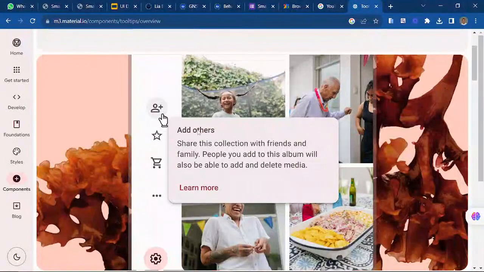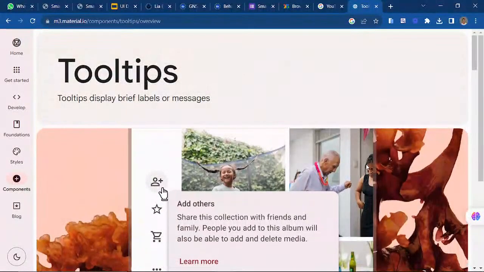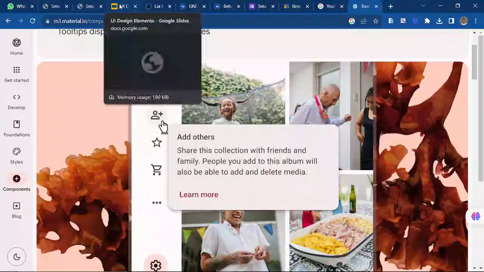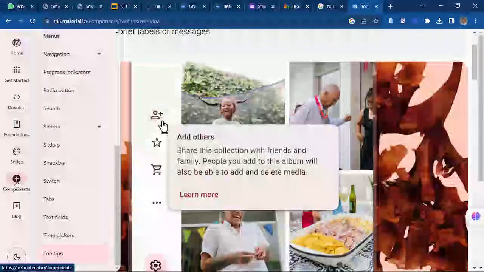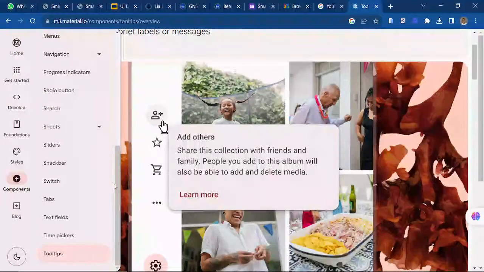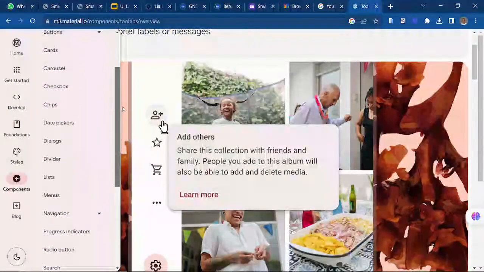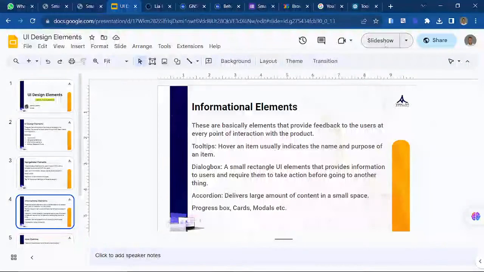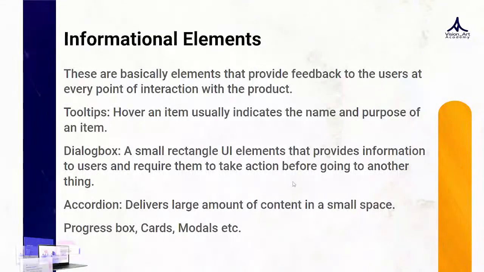So these are elements, and these are what you have on your screen, right? These are what you definitely have on your designs. So if you are looking for any one, or you are just hearing a particular one, for instance, you can check this material design website. You'll be able to see everything. So back to our slide. So we also have progress bar, we have cards, we have modals. If anyone is interested, you can just go there to check and explore.